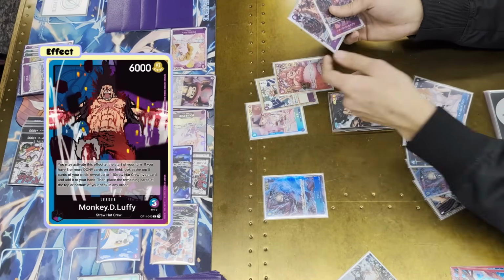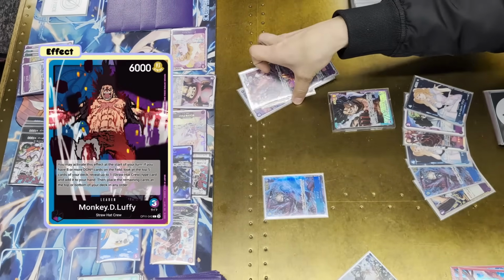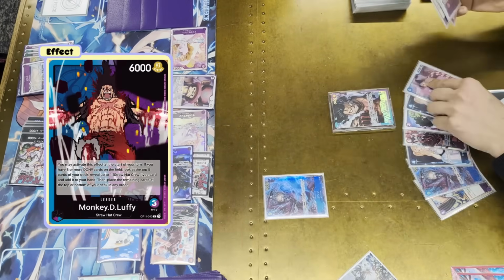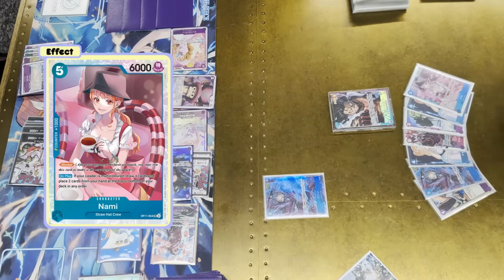Nami to play off of 9 Sanji, and then unfortunately the rest doesn't matter. But I would want to put something with counter into my life. But I think that this kind of displays itself. I have to do this. So I'll pick up the Nami, put the rest to top. The one issue is that